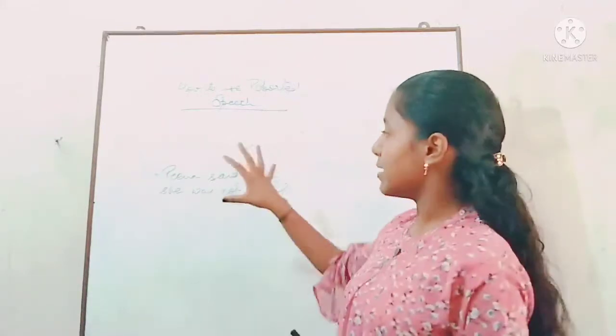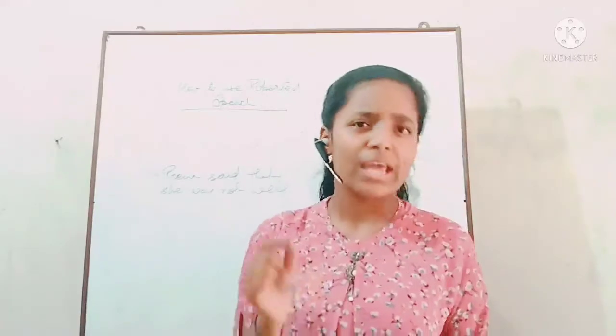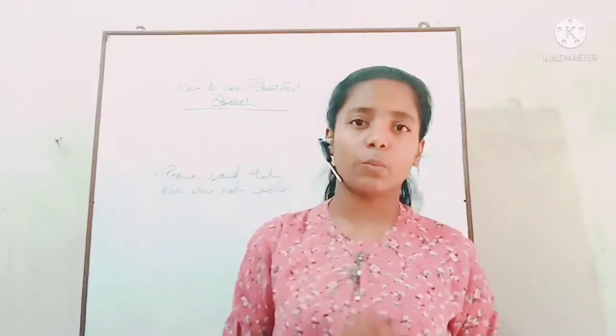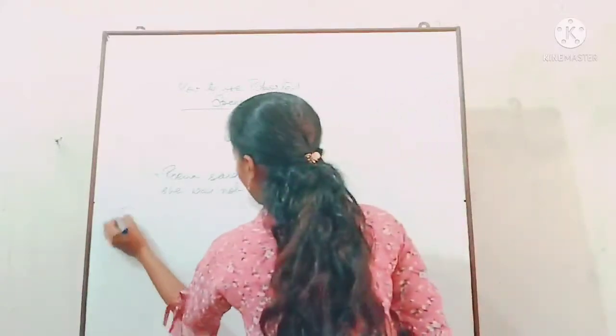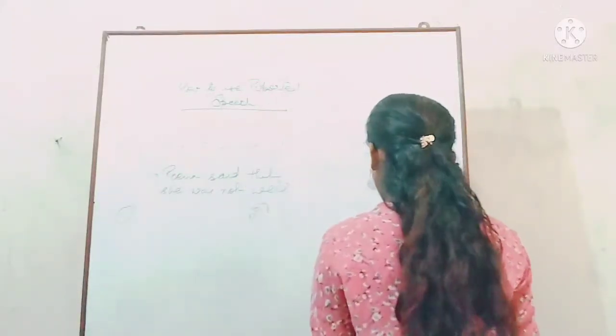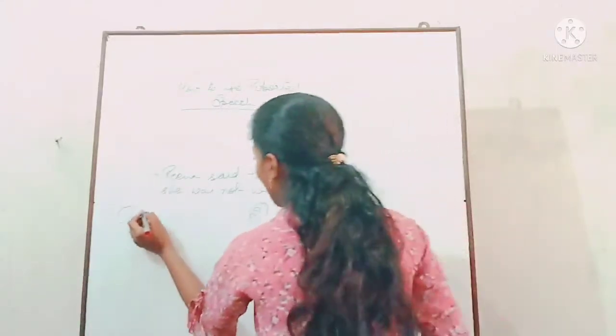Now, in changing the sentence from direct to indirect or to reported speech, the basic thing is that there are two basic things. What are the two factors? Let us see. We have two basic factors, 1 and 2. What are the two basic things? Let us see. First will be your